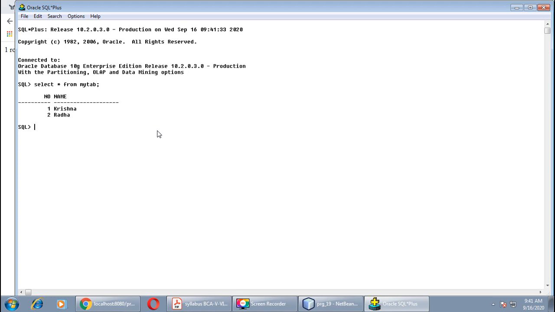Okay, so here it is, all about the connectivity with Oracle database through servlets, right? Here you must keep these 3 steps in your mind. Number 1 is create table. Step number 2 is to create DSN, I mean to choose an appropriate driver and give a name to your DSN.